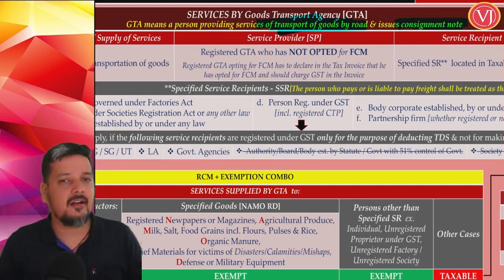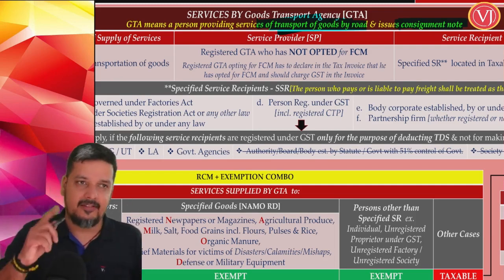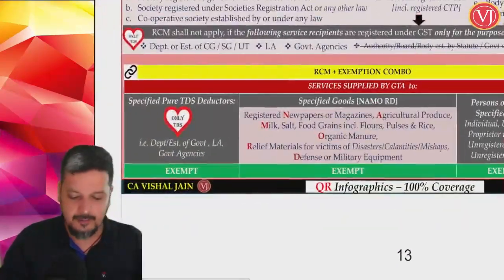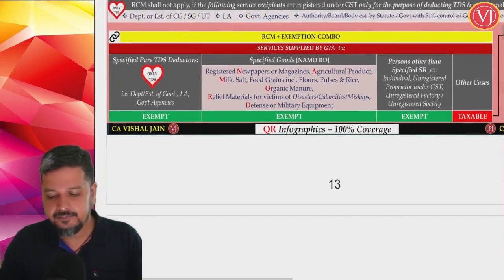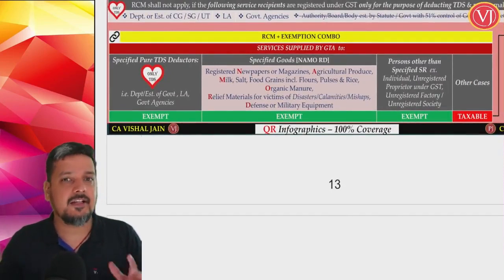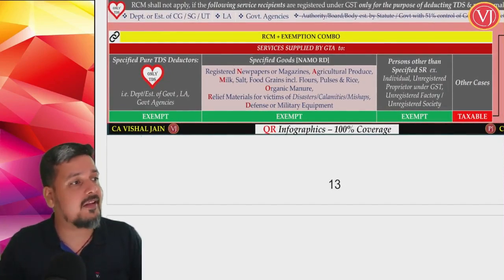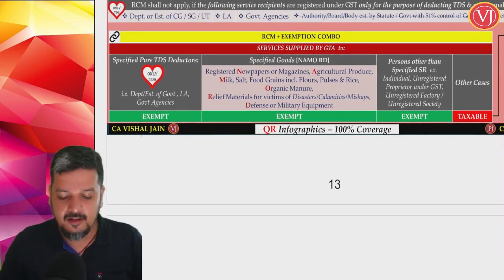So what is GTA? Transportation of goods is 100% by road, and the supplier gives a consignment note. Now, let us understand the services of GTA. Here we are trying to understand exemption with RCM, exemption with RCM in the GTA sector. If at all